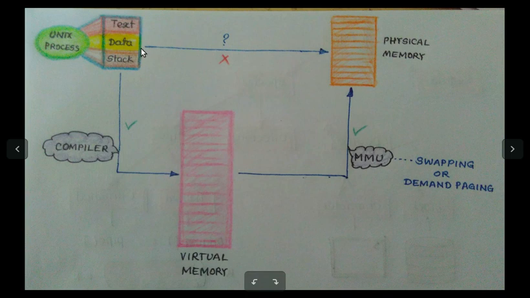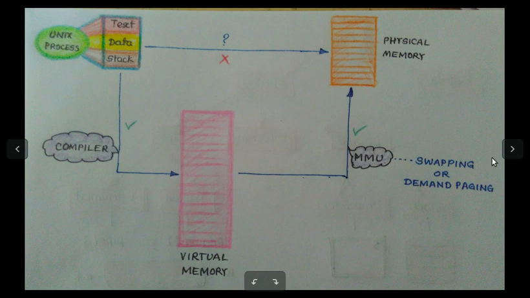So instead of loading the process into physical memory, the compiler generates logical addresses, and these logical addresses will be translated to physical memory. The physical memory will be made available to the process with the help of the memory management unit of the kernel. It can implement that by using a swapping approach or by a demand paging approach. In upcoming videos we'll see more details about that, but for the time being let's consider the data structures required for all these things.